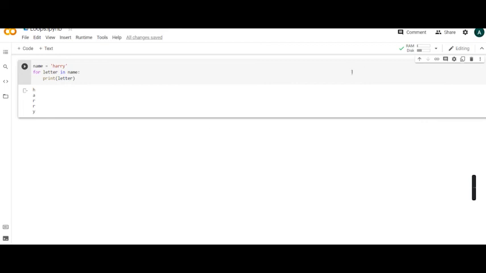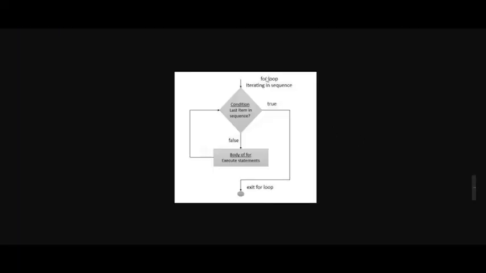Now let's see the mechanism of the for loop. The for loop iterates in a sequence, and it tests the condition: is it the last item in the sequence? If it is true, it exits. For example, in the string, when we reached Y, it was the last letter, and after that there were no letters available, so it exited the loop. If the condition was false, for example when the first letter was H, we had more letters after it, so the last item in the sequence?